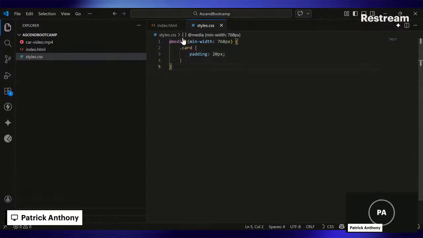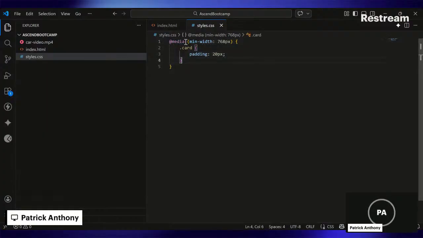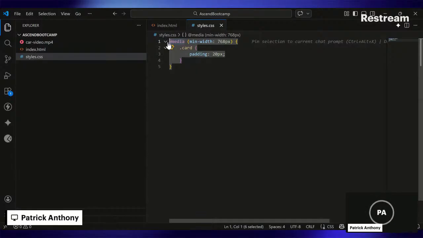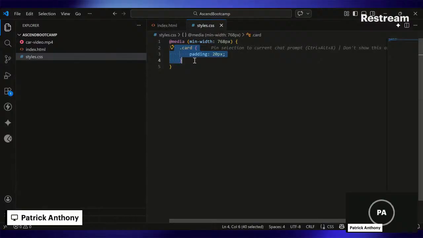So guys, this media here is a special CSS block. This actually comes from CSS, and it is used for targeting a particular viewport. And this is the condition. Please, guys, follow this. So what you're saying is, if a user is viewing this card element,